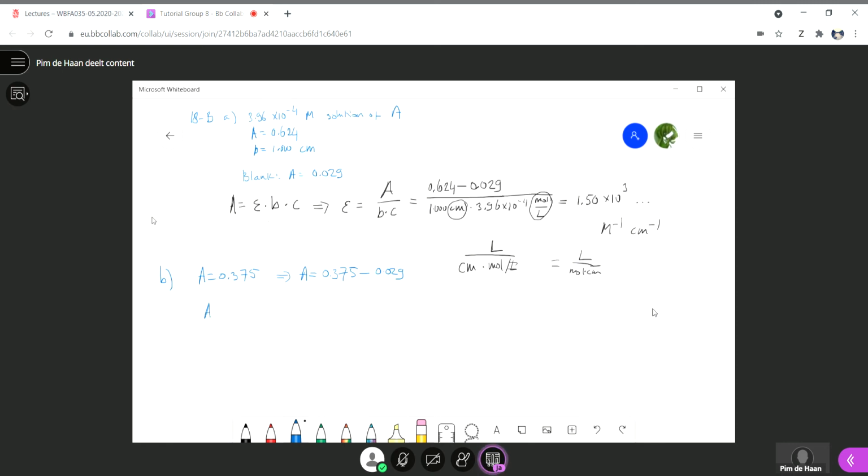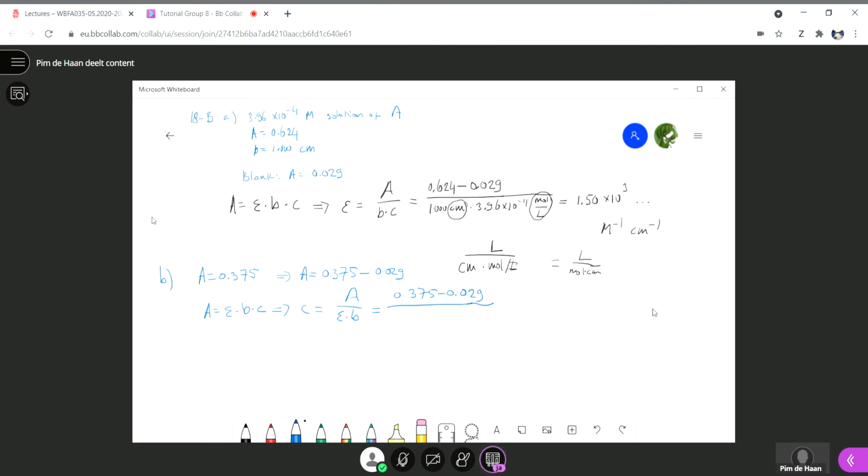So we have A equals epsilon BC. Rewrite C equals A over epsilon B equals 0.375 minus 0.029 divided by epsilon,